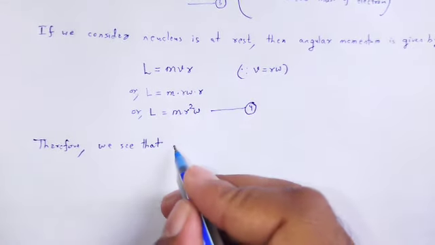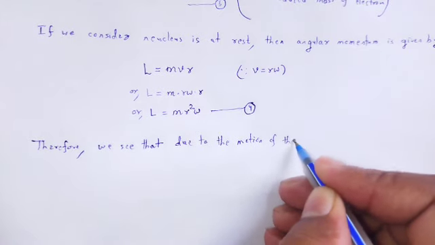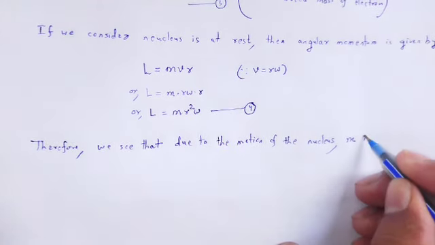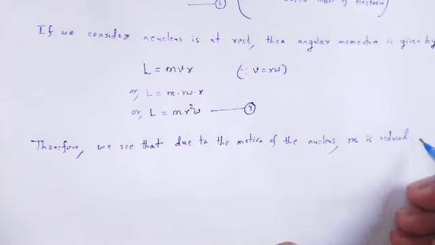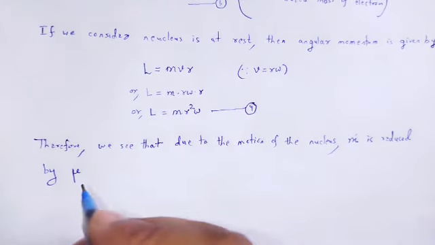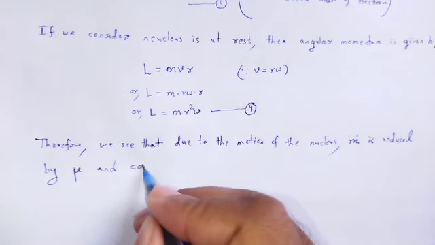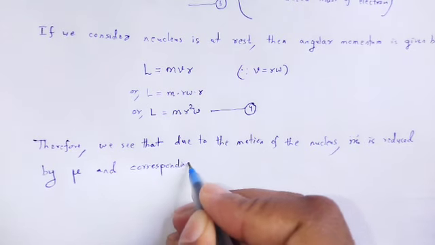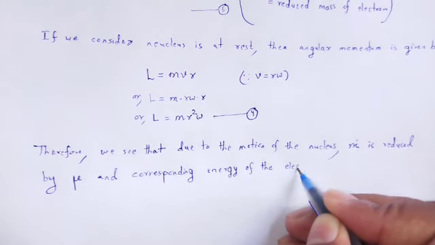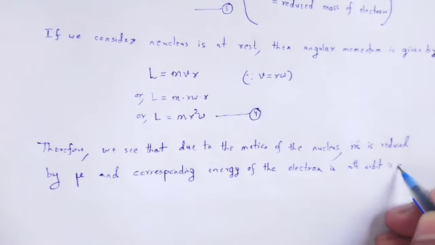due to the motion of the nucleus, that a small m, mass of an electron, is reduced by mu, which is the reduced mass, and corresponding energy of the electron in nth orbit is given by